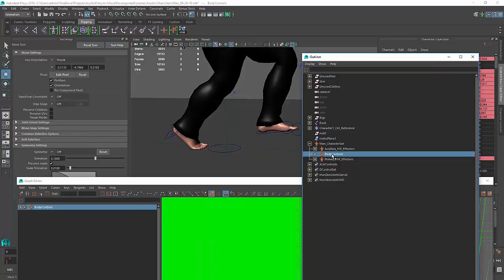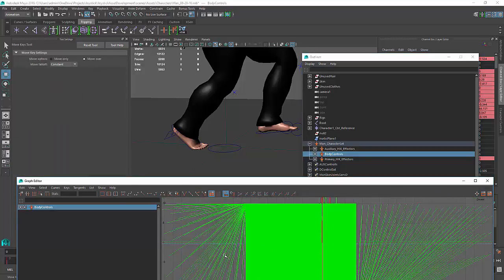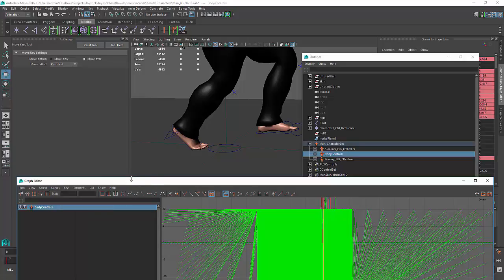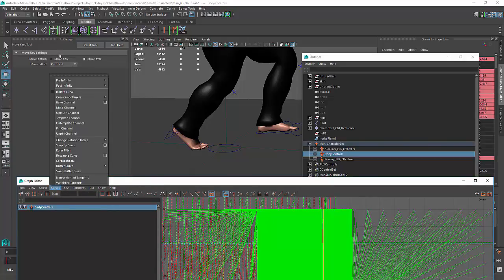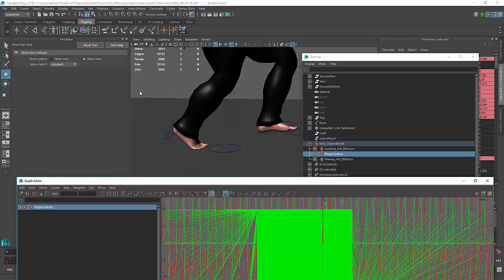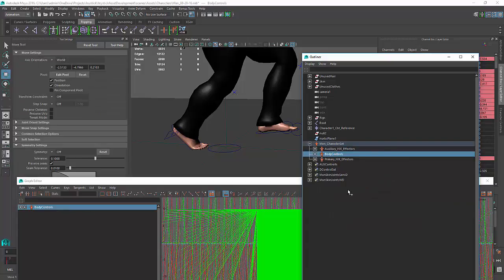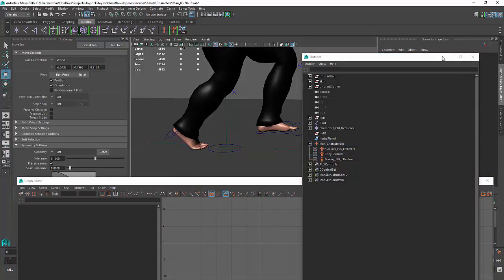This is one of the awesome things about selecting these curves. You can select all of those curves at the same time and go cycle curves, cycle. Okay. So just by selecting that thing, I was able to select all of the curves that have thus